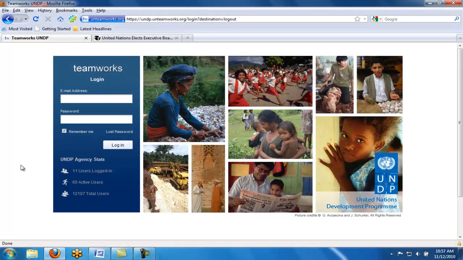But sharing helps you too. It's easier for you to access your own documents if you've uploaded them online. Sharing makes you more visible and increases your reputation in the organization, which in turn may open up new opportunities and connections. Get into the habit of uploading files to Teamworks, be it to your profile or to a space,